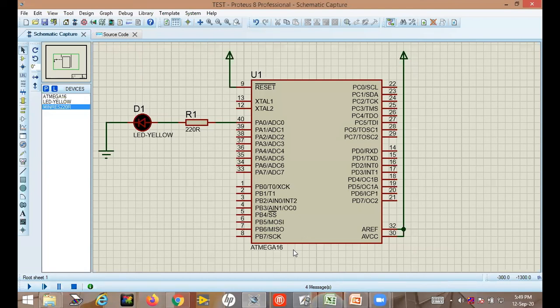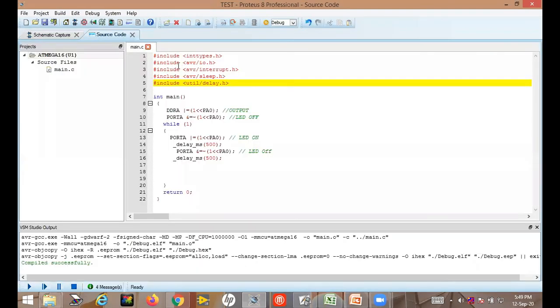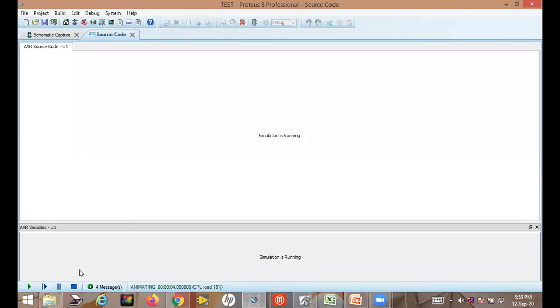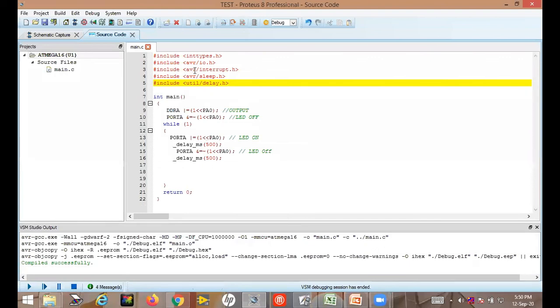Okay, so that's why it is running, because in the program we have not defined F_CPU. F_CPU means frequency of the CPU. So by default it has taken 1 megahertz. Now our program is running at 1 megahertz. This ATmega processor is running now at what speed, at what clock? 1 megahertz by default, because in our program we have not defined any F_CPU. If you are not defining any F_CPU, then the default F_CPU will be 1 megahertz.